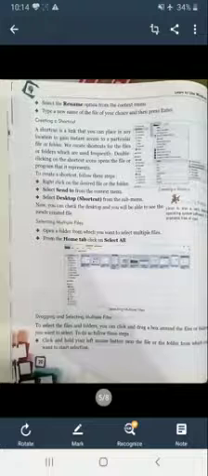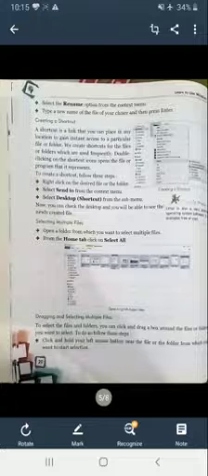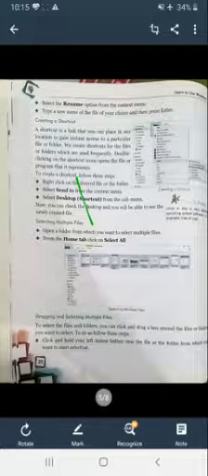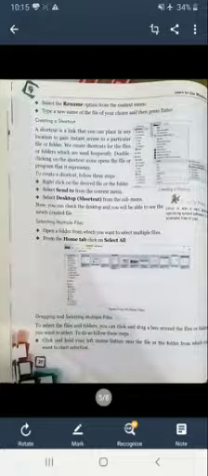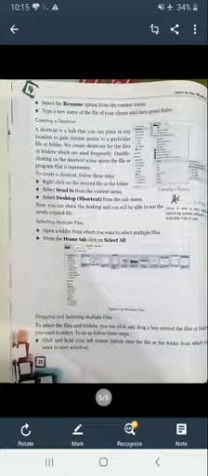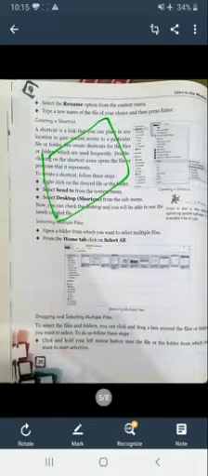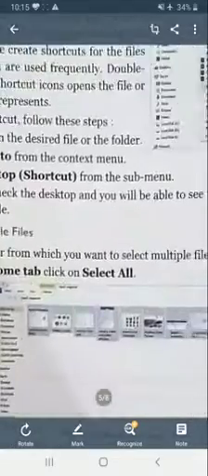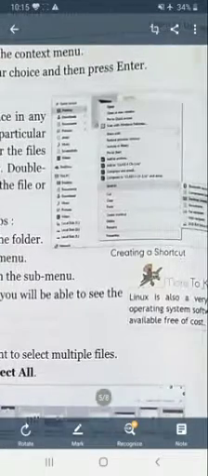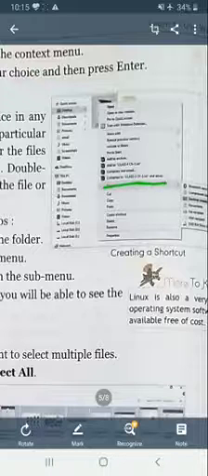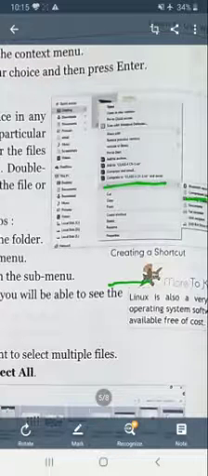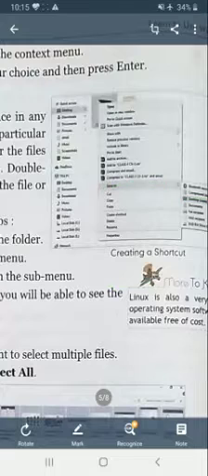Like you install a game, and this is the installation process, and your game is installed in the local disk C. But if you frequently open this file of your game, it's a simple file, then you will create a shortcut of your file. While creating a shortcut, click on the file, and there, as you see in your book, there is an option available to send to, and in send to, desktop create shortcut. Click on this desktop create shortcut.